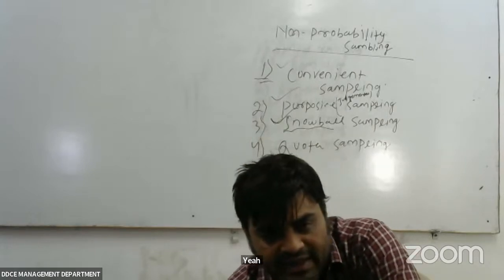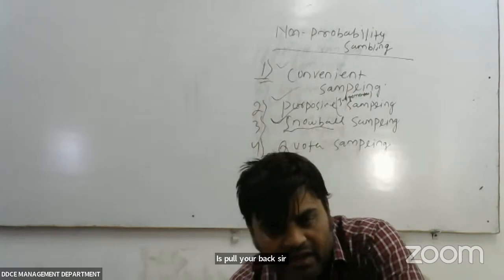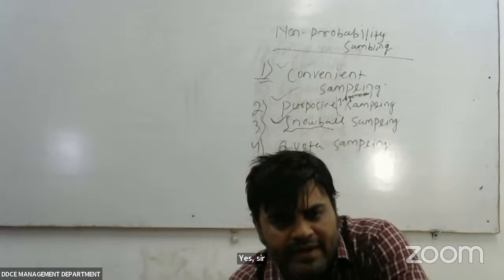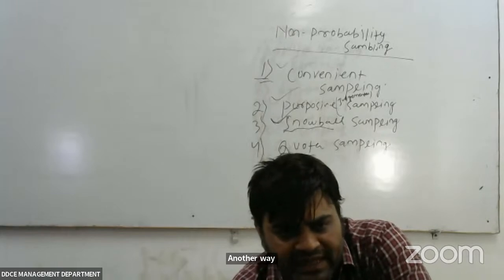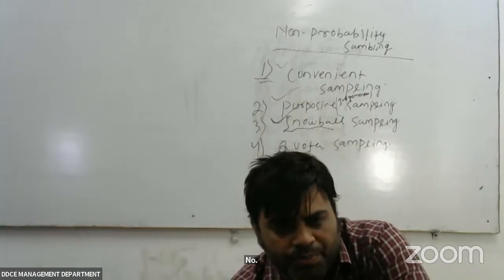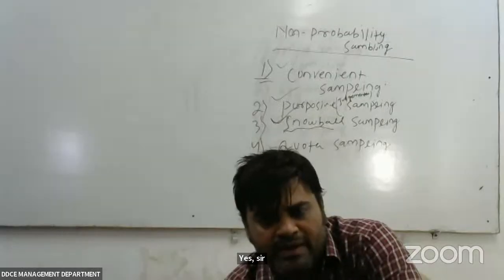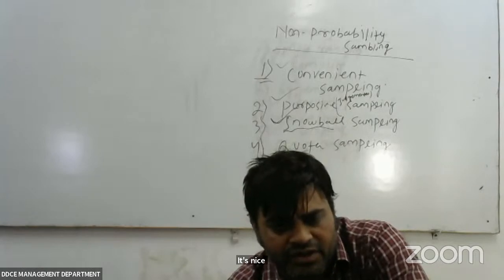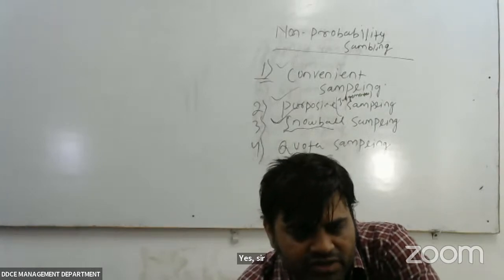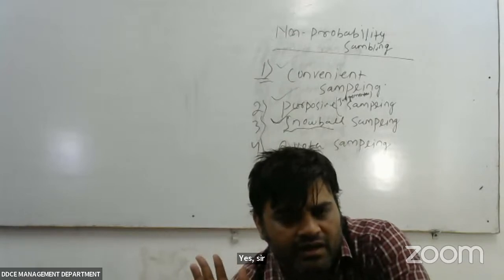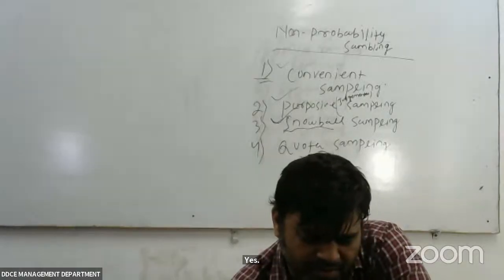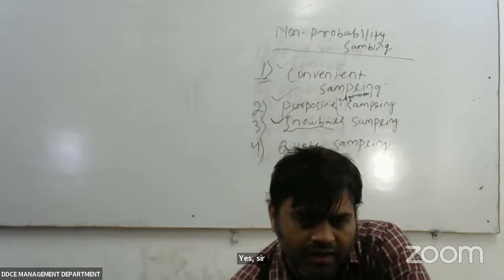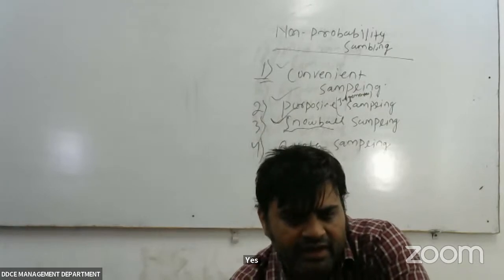There are two types of sampling design. One is probability sampling, another is non-probability sampling. In probability sampling there is no biasness; every respondent will feel that yes, I have a chance to give my opinion. Are you getting it? But in non-probability sampling, that is fixed. According to the convenience of the researcher, he will collect the data. So there are four types of probability sampling: number one is simple random, then systematic, stratified, cluster.